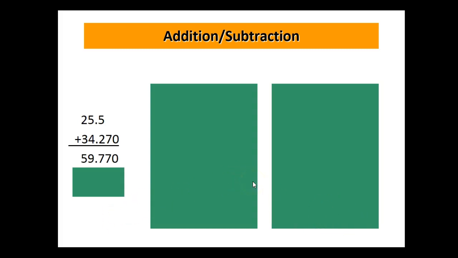Okay, for addition and subtraction, you're going to focus on the decimal point. So this one is 25.5, which goes to the tenths place. This is 34.270, which goes to the thousandths place. So you can't go past the tenths place because the lowest number ended at the tenths. So we end up with